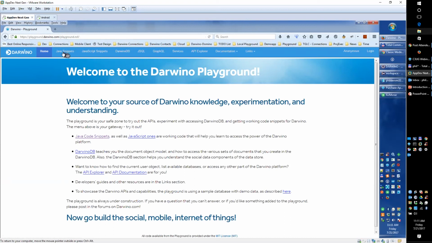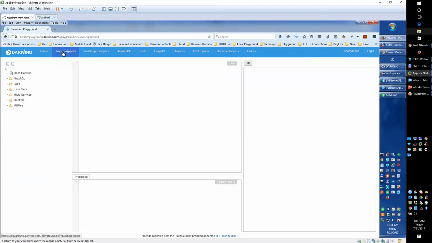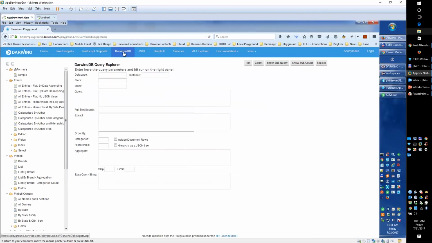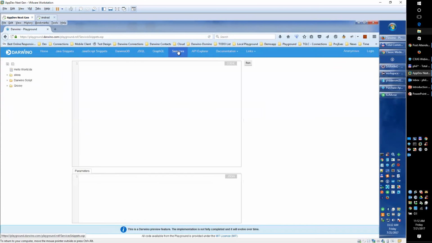And if you go there, you'll see our Java APIs, you'll see our JavaScript APIs, Darwino DB, which is the JSON store, and how in particular we do queries with the Darwino DB, JSQL, which is a very interesting capability in Darwino to do queries using SQL on top of a JSON database, GraphQL, which is a kind of REST services, but aggregated REST services on top of your Darwino data, microservices, and we showcased that this year at